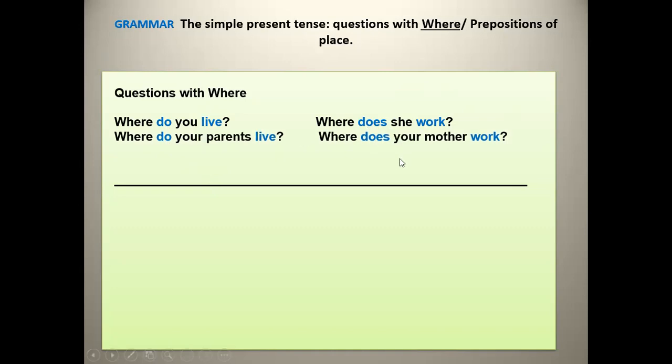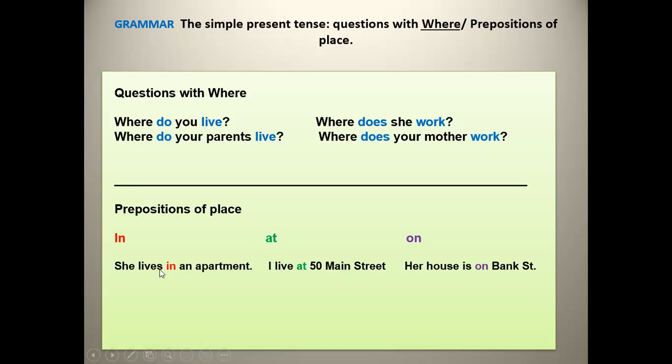And we are going to answer. Now we have one more question. Where do your parents live? Where does your mother work? We have the auxiliary do and the verb in simple form. Auxiliary does and verb in simple form. We have the prepositions of place: in, at, on. She lives in